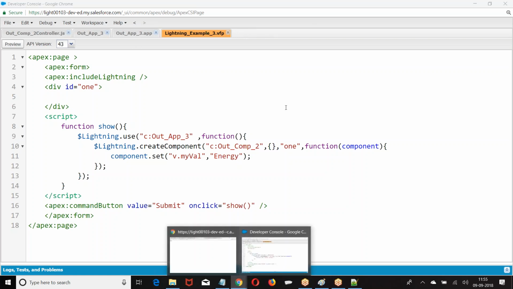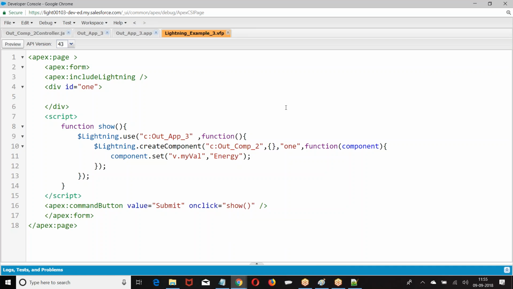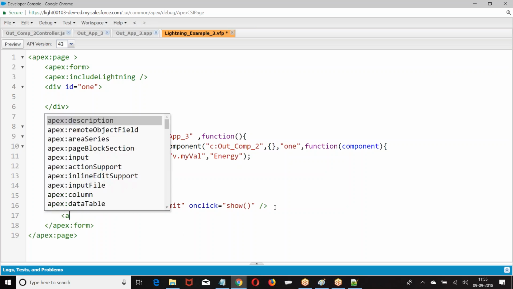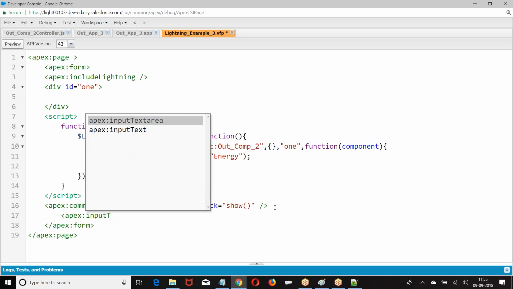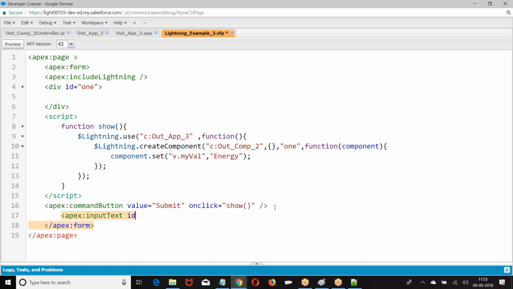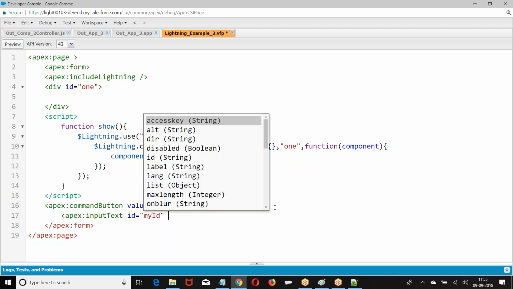Right, boss. In place of energy, how can you pass dynamically? Whatever I explained right now is the same. When you click on the button, you're calling a show function. Suppose you have a value here. See, certain levels you have to practice, you have to try from your end. If I'm trying and typing everything, what will you do, boss?